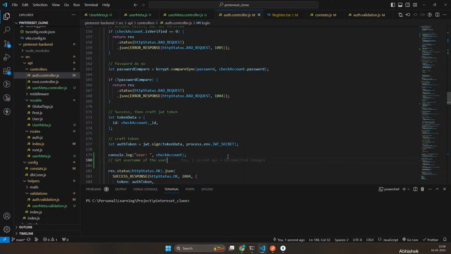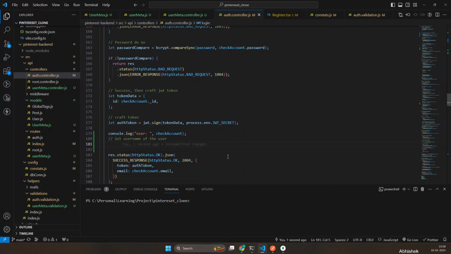If I store this in cookie and user changes this, the application will crash actually because we are getting it based on the username and ID. Okay, so get username. And what else we are getting is